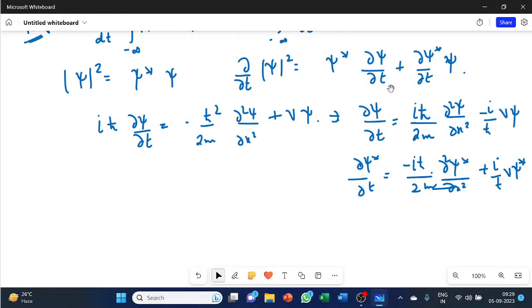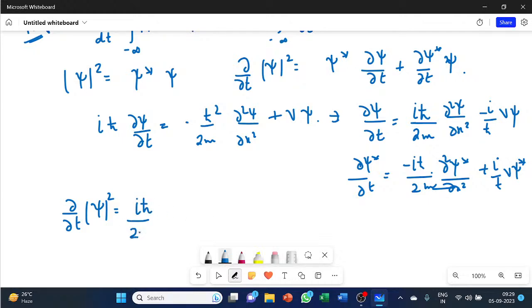So if I use both of these things here, what I'm going to get is del by del t of psi mod whole square, which is equal to this particular term. And if I multiply all those things, I'm going to get iota h cut upon twice m, and then you have this psi star,